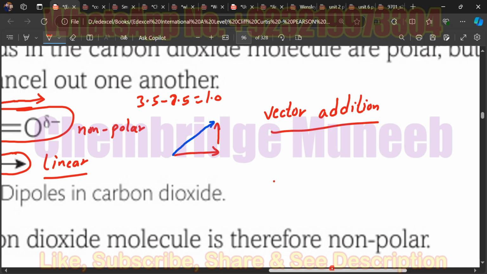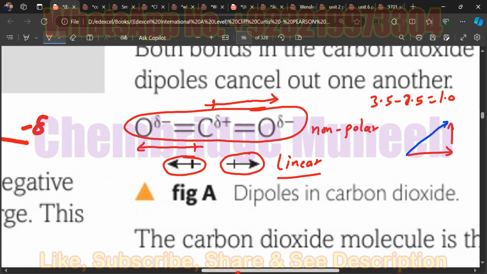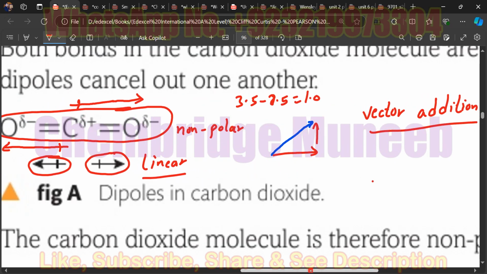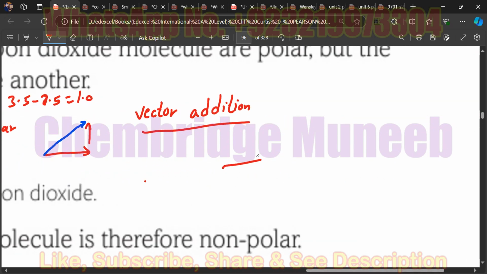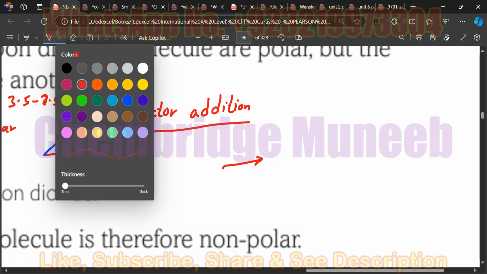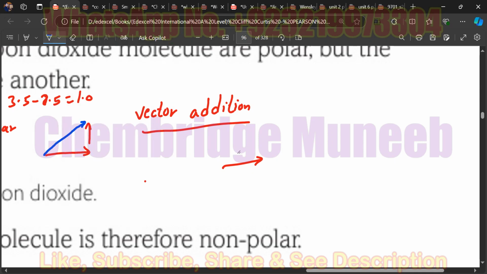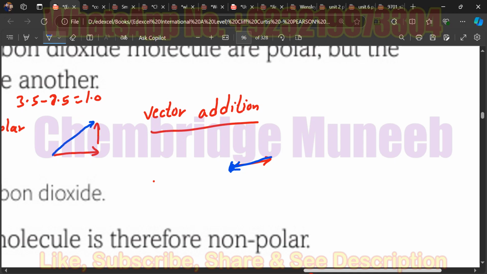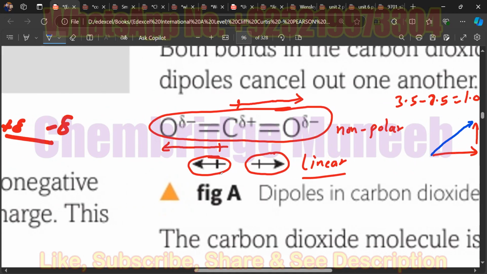But in the carbon dioxide case, one arrow is in this direction and the second arrow is totally in the opposite direction with equal magnitude. It is in equal magnitude, so the resultant will become 0. The arrows have equal lengths. Why? Because the same atoms are present on the other side of the carbon. They have similar